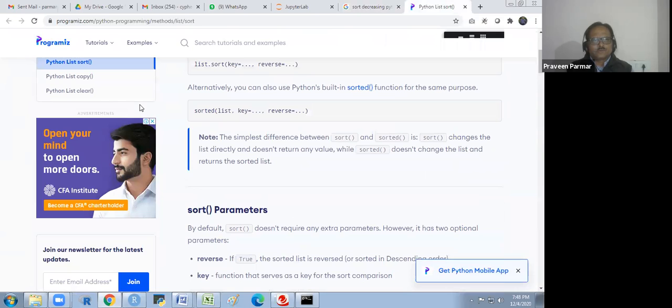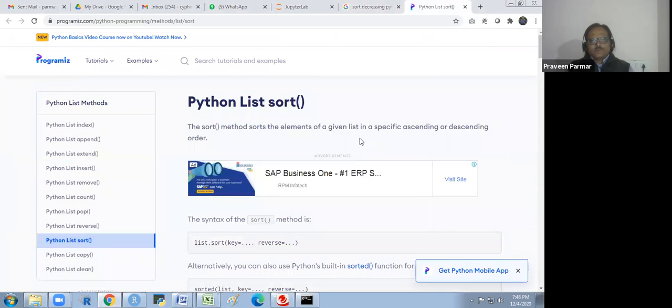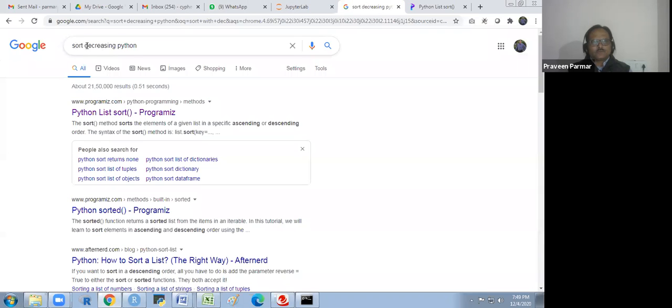Just a moment. Just see this. It is for list sorting. We are sorting the array. It is for the list. Okay. There may be some option. I will just see. Just a moment. Wait. I will search it out.